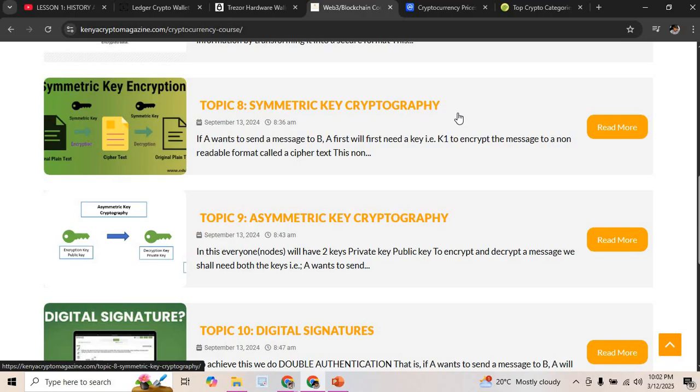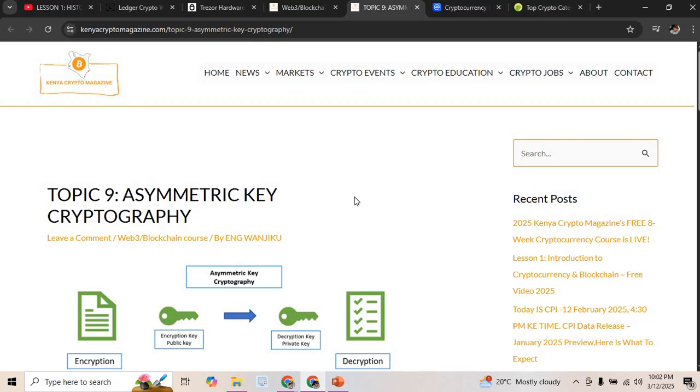So if you come to asymmetric key cryptography, then under this part, you'll get to understand how private keys,